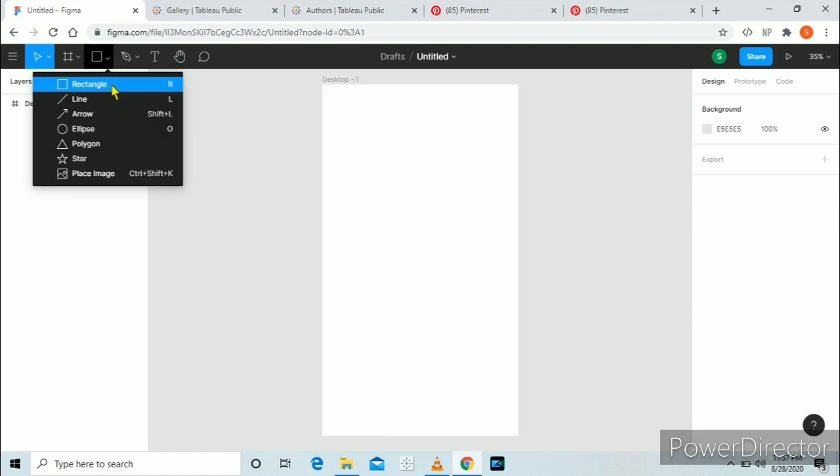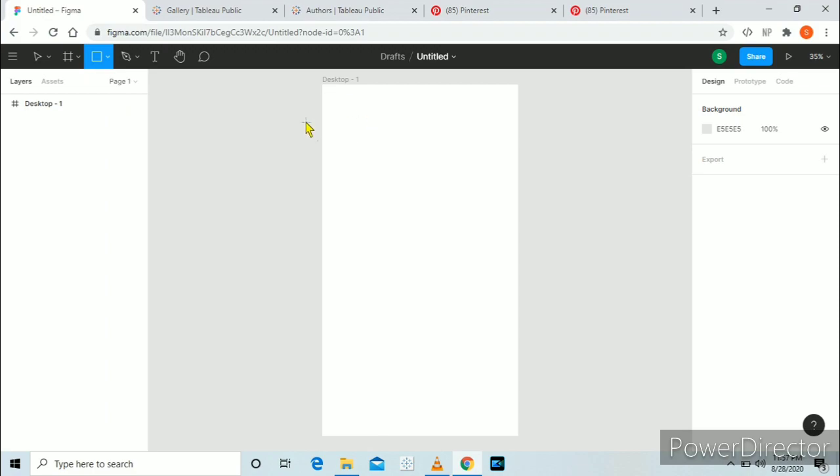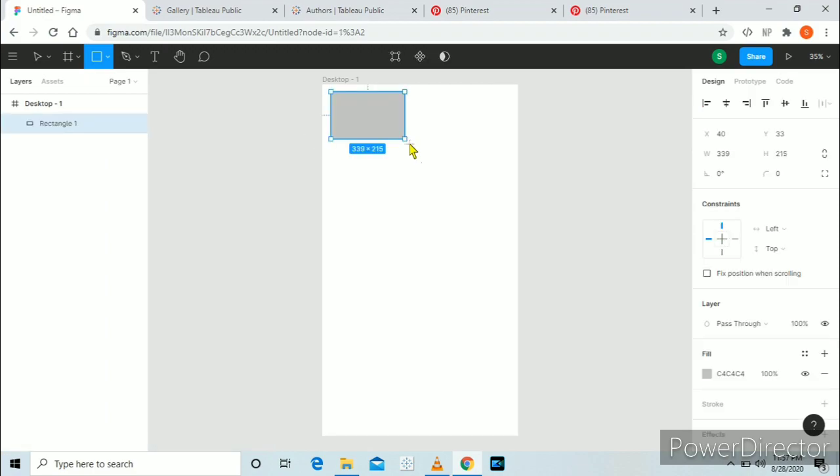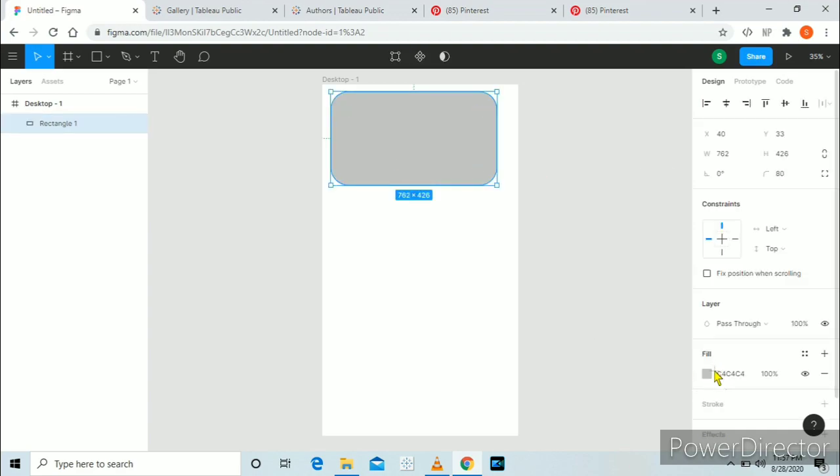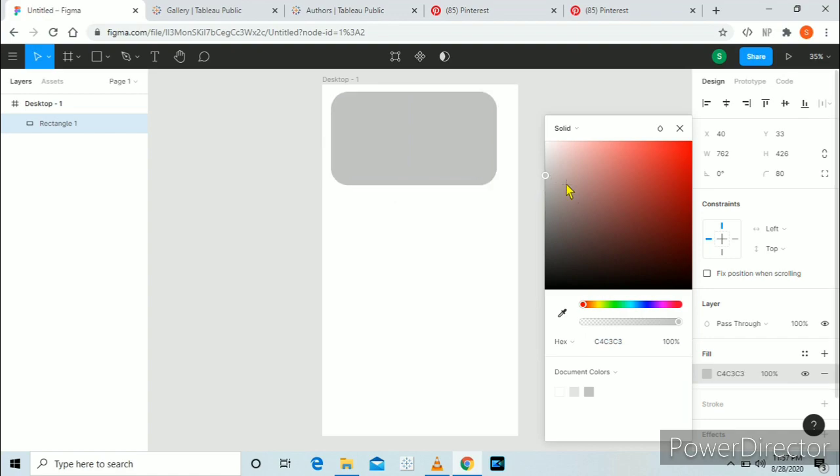Now click on Rectangle and just drag and make a rectangle. Now I will show you what are the things you can do with this rectangle. So first thing you can do is you can make its corners rounded by just dragging these points. You can also do it by giving a value here. Next thing you can do is give it a color. You can just drag this to whatever color you need.